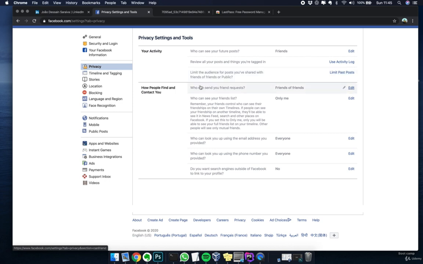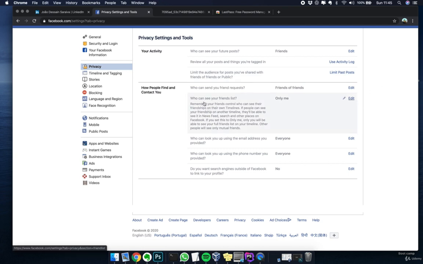Sometimes we get a lot of spam and friend requests from people that we don't know, and this can be dangerous even if we accept the friend request by mistake. So if I'm not your friend, it's not because I have something against you, it's just because I have this security by default.